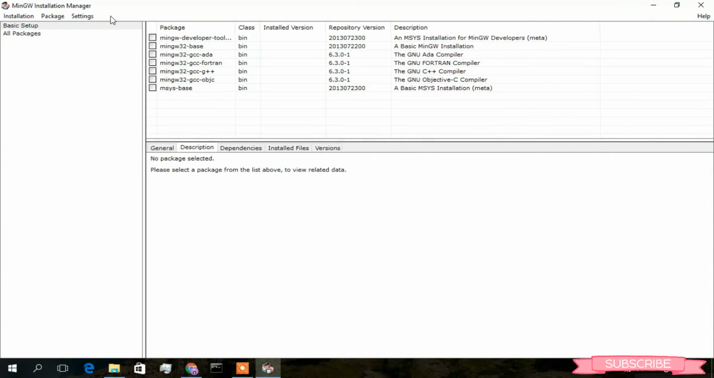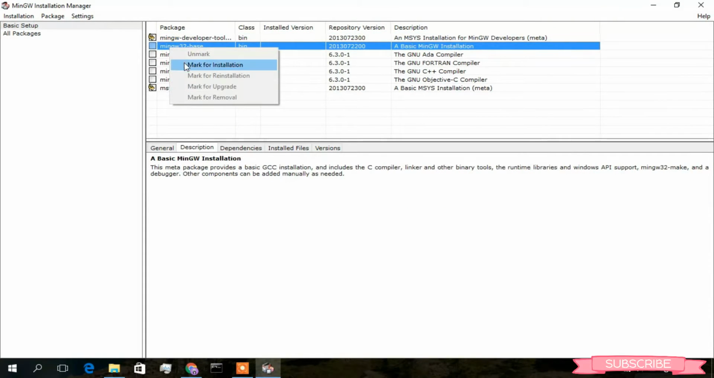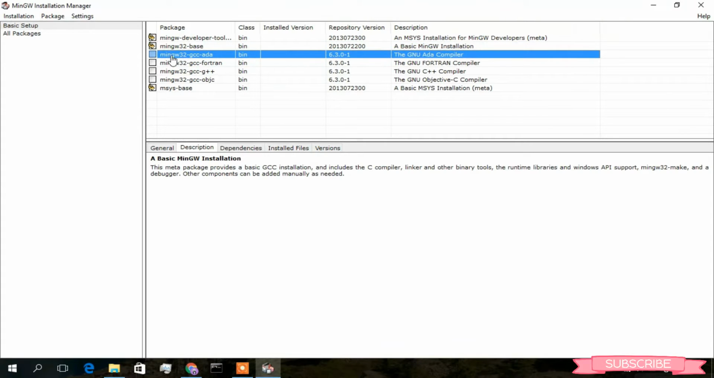And now in here in this MinGW installation manager, they basically gave you these options to install. So for which I will be clicking mark for installation, then mark for installation, just right click on it and then just